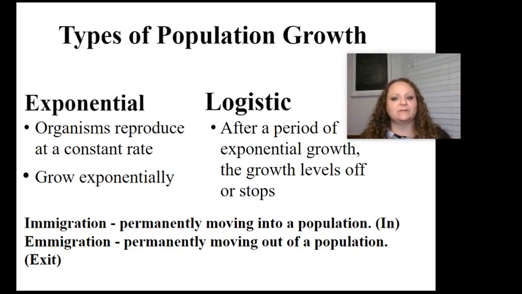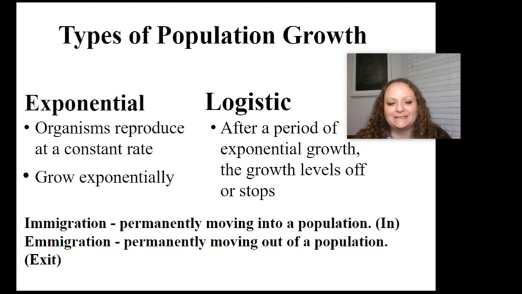So let's say that a species moves into an area. It takes a while for the population to reach a point where it's going to start to level off and the growth will slow down. This typically is what's going to happen when we're starting to reach the maximum number of that particular species that an area can support. We're going to call that the carrying capacity, and you're going to see that on one of the upcoming slides.